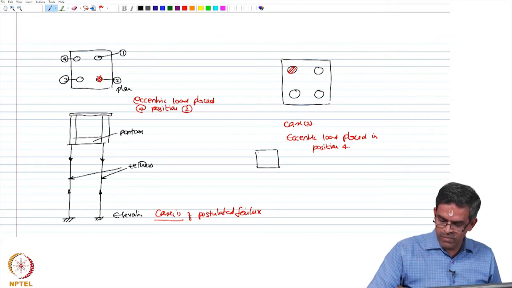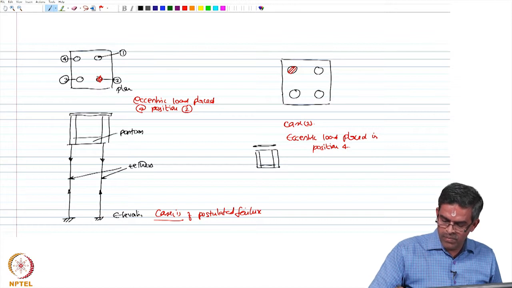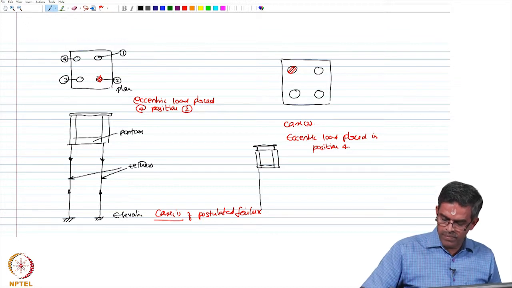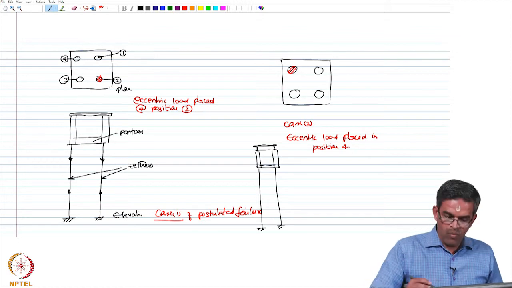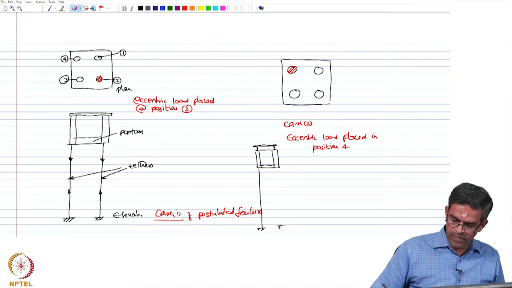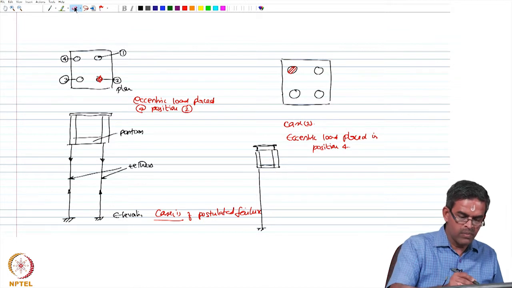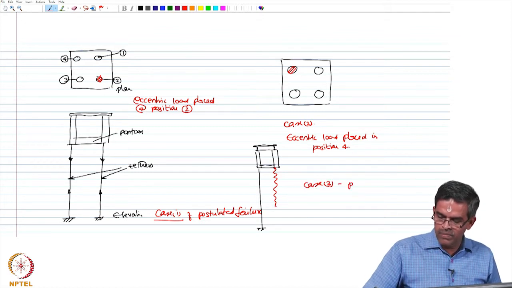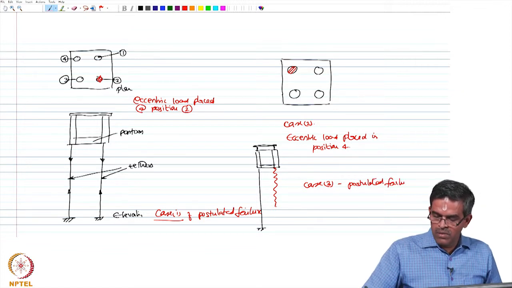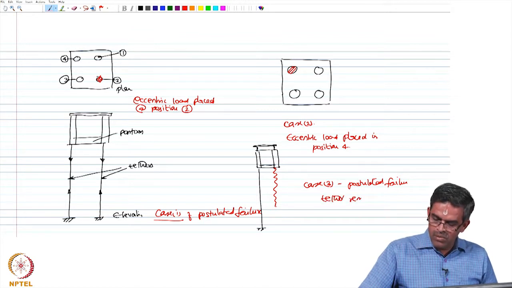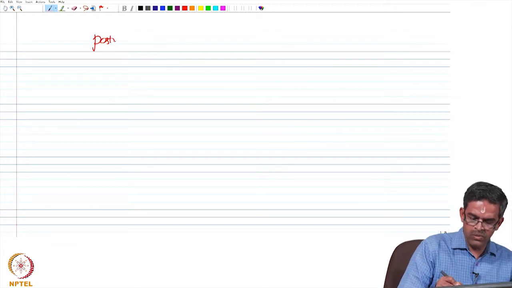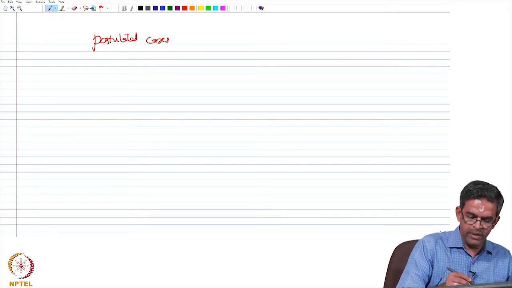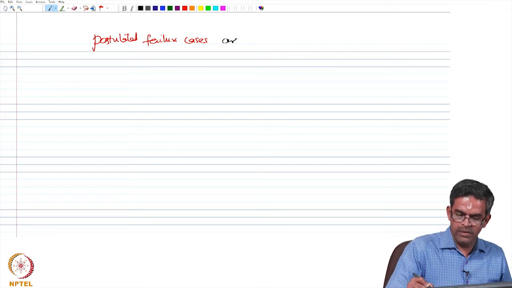if this is the elevation of the platform. These are the legs anchored to the seabed. One of the legs is removed, that is case 3, postulated failure, where tethers are removed at column 2. Okay. So, the postulated failure cases are introduced